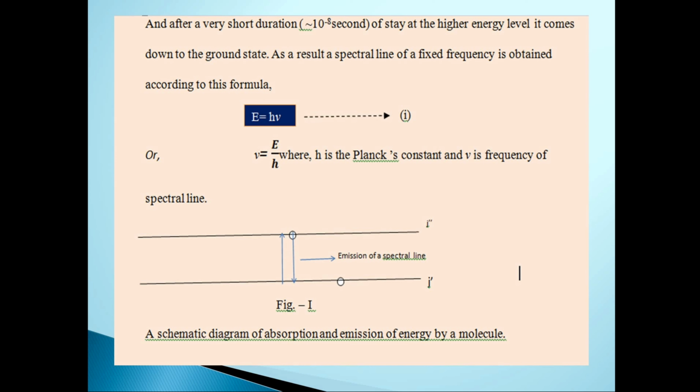And we find an emission of light. And in the previous case, there is absorption. So it depends upon what type of spectra you want. Actually, rotation spectra is observed only in absorption. So the frequency of the light will come equal to E upon h, h is the Planck's constant. Means whatever energy we have given to the molecule, if it is divided by the Planck's constant, then we find the frequency of the spectral line that we obtain in this course of action. So now this is elaborated in figure 1.